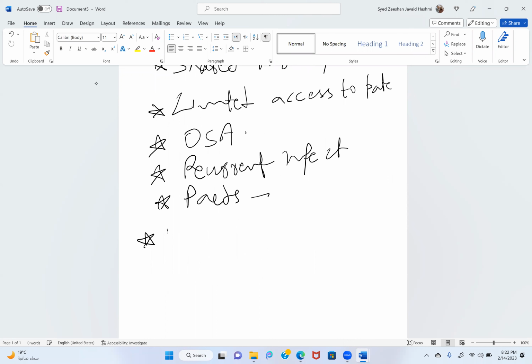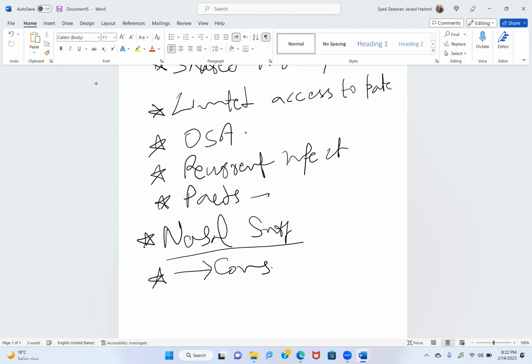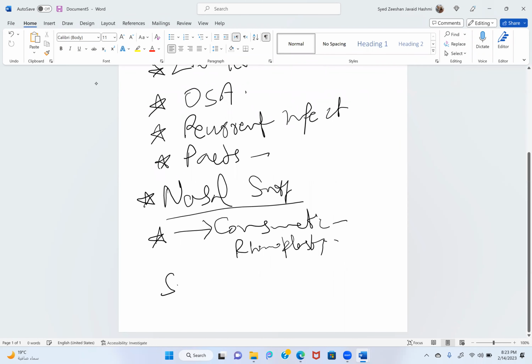If we think about some nasal surgeries, there are some surgeries which are cosmetic, like rhinoplasty, and some of them are like sep-